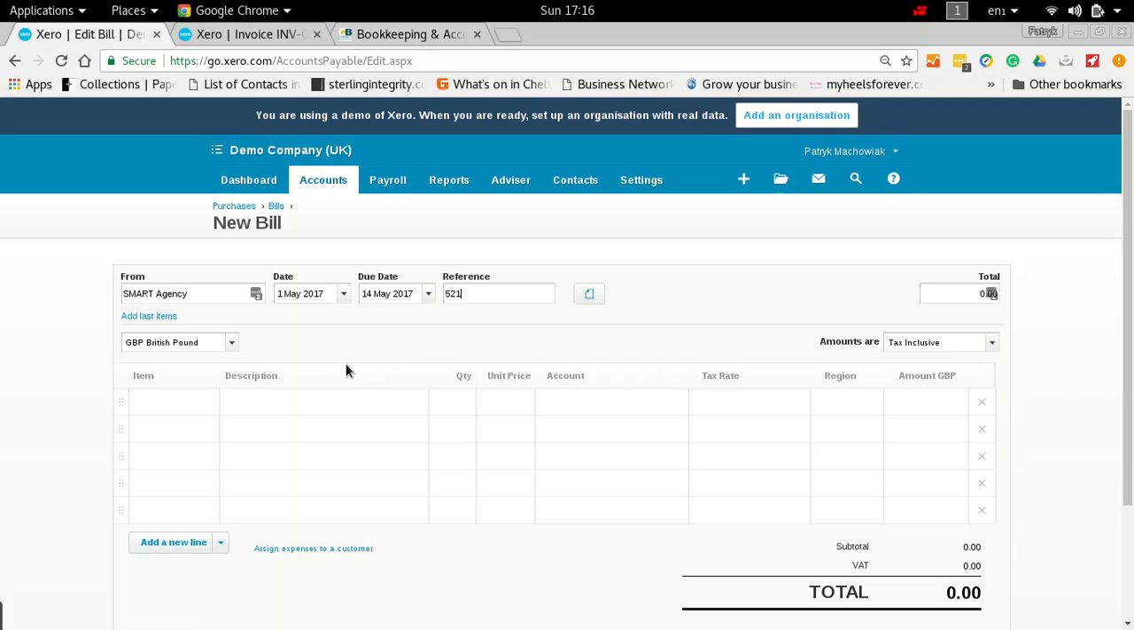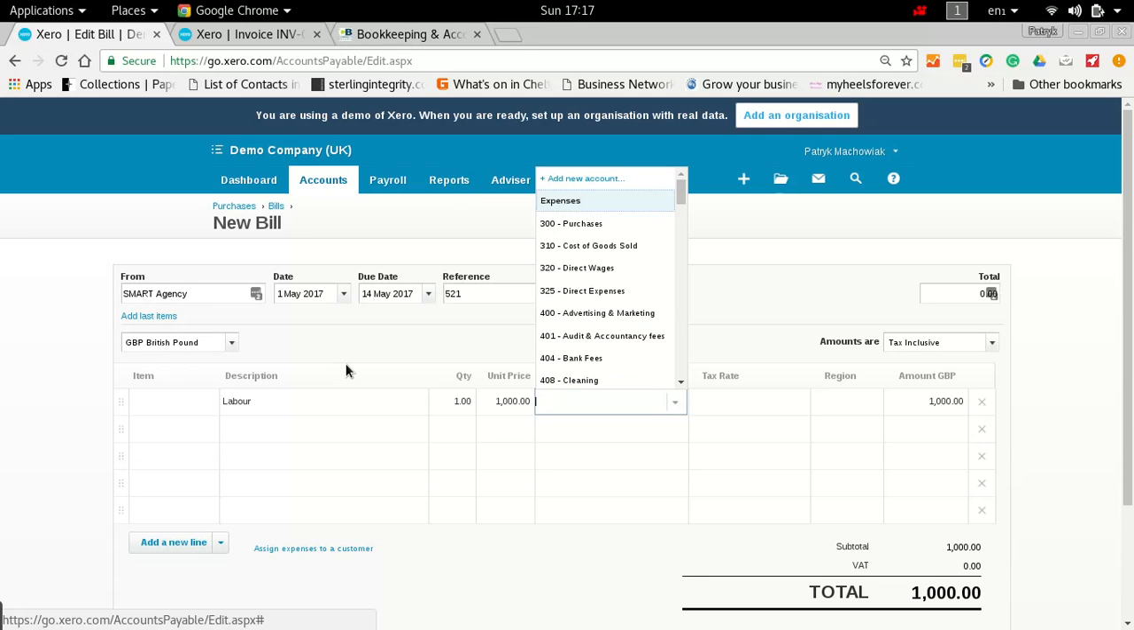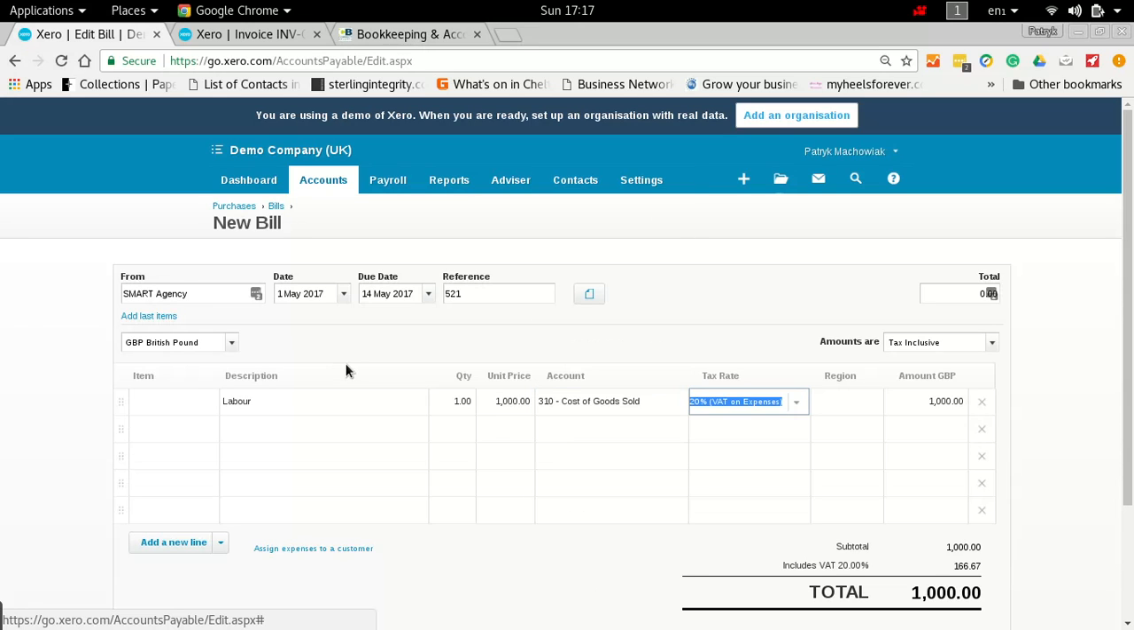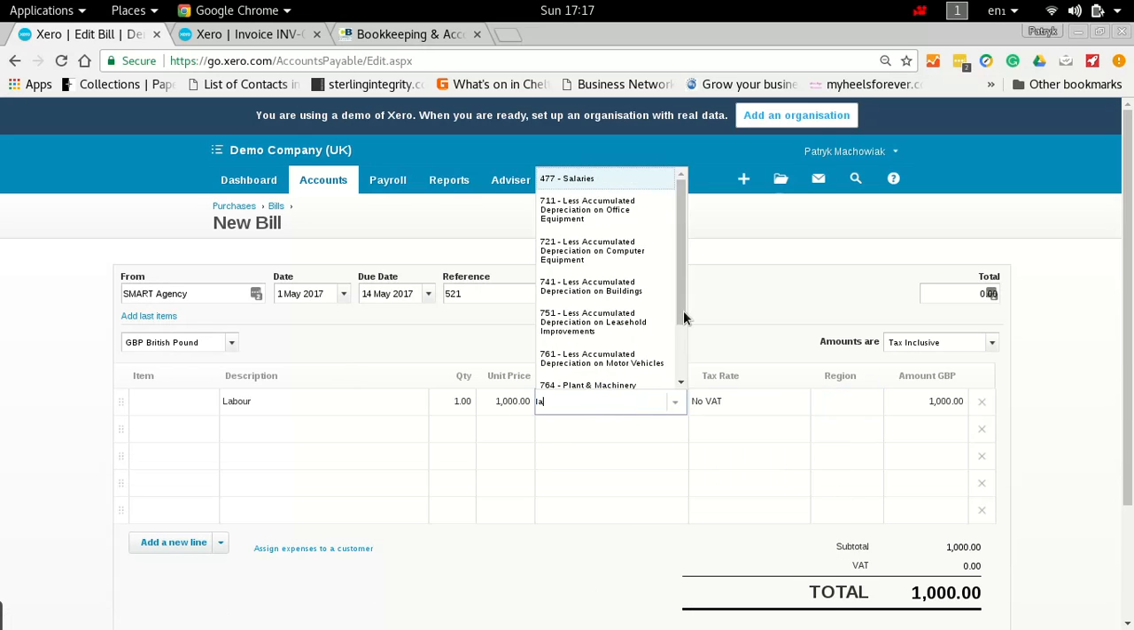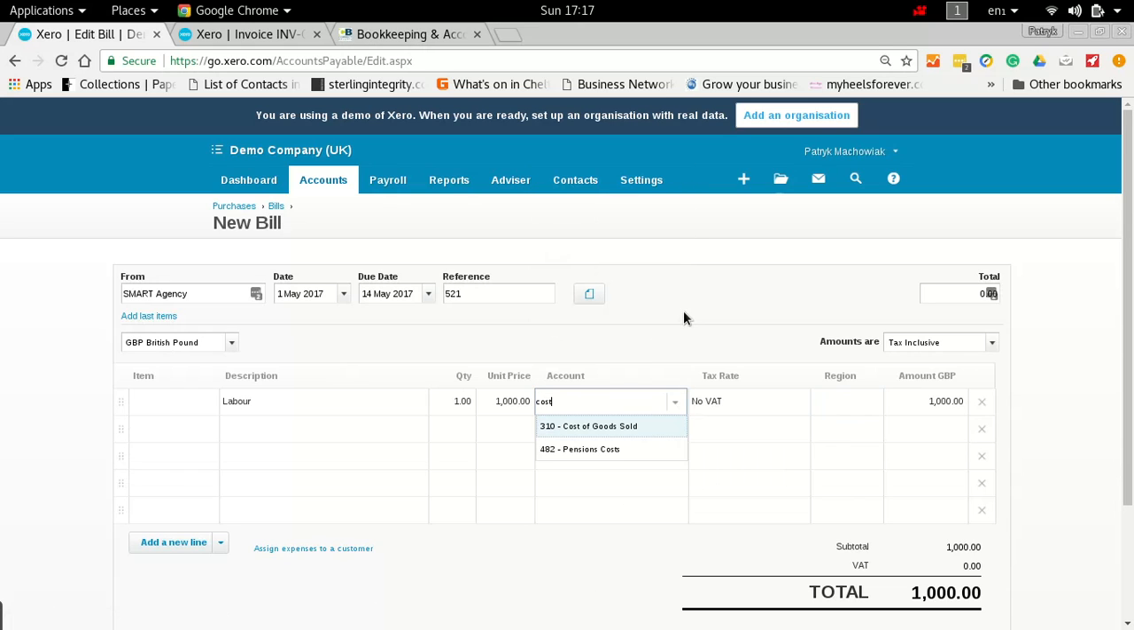Invoice, let's say, is 521. Now we've got labor, quantity 1, and labor, let's put again £1,000. Have we got subcontractor? Nope. We've got cost of goods sold. Yeah, there we go. Let's keep it there for now. This is a demo company, by the way. It's not one of the building companies we deal with, so not everything is set up as it would be. So we've got labor at £1,000 and